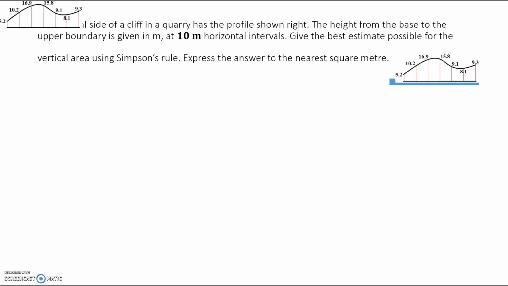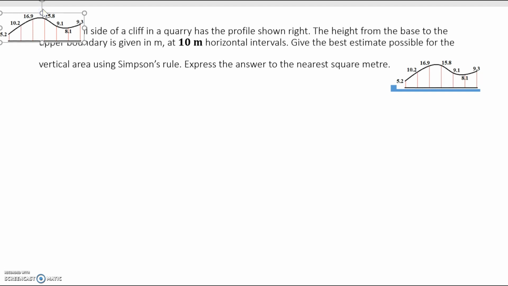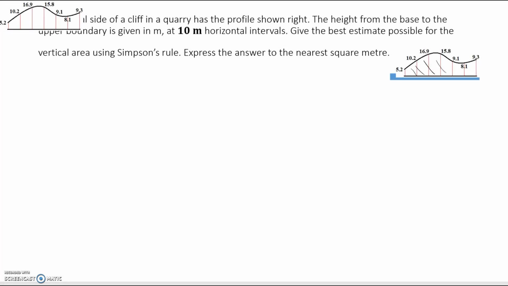2018. So all we've got here is a diagram. It's a vertical side of a cliff, and it's got various measurements, and what they're asking for is to find the vertical area. So we're looking at finding the area of this face here, between here